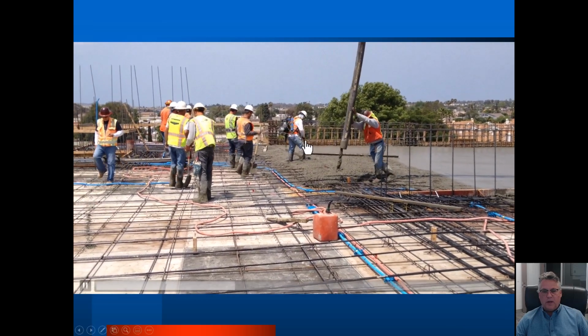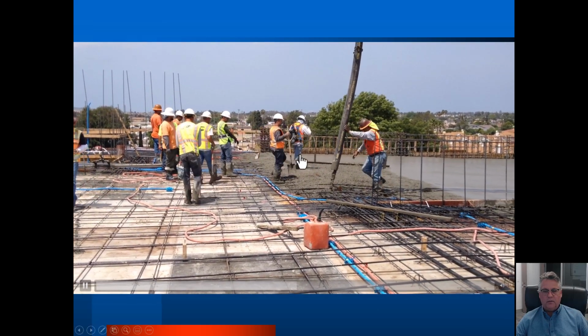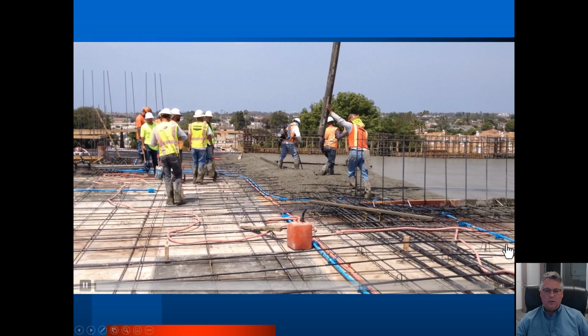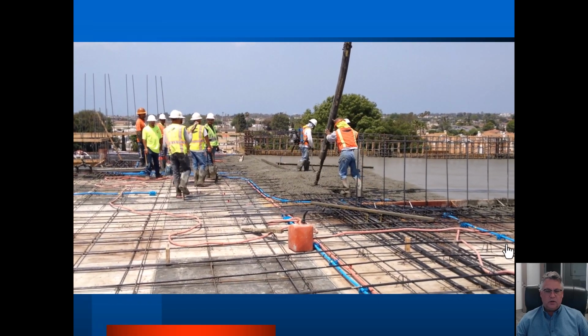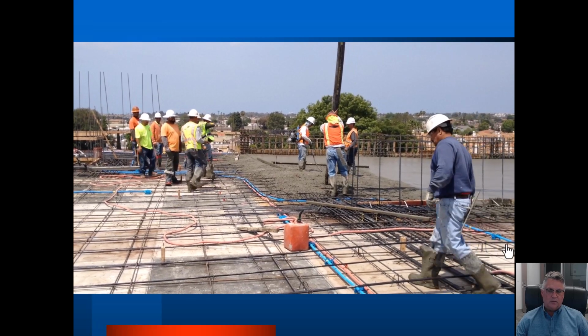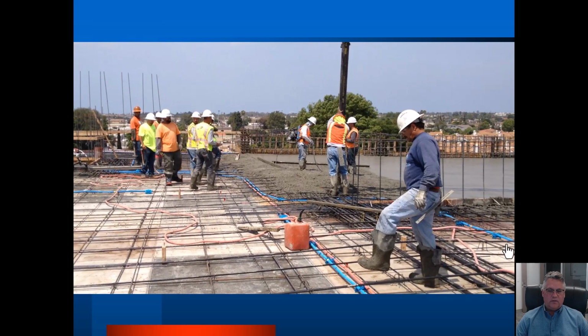This is concrete being placed, but there's a very important person out here. This person is running the vibrator, and that vibrator is being placed in various locations, hopefully throughout the entire pour, and it is consolidating and vibrating the concrete. That person's job is extremely important in post-tensioned concrete, particularly around the anchors. And we hope that a seasoned professional running that vibrator understands that and doesn't spend too much of his or her time out here in the field and actually gets closer and spends a lot of time by those anchors.